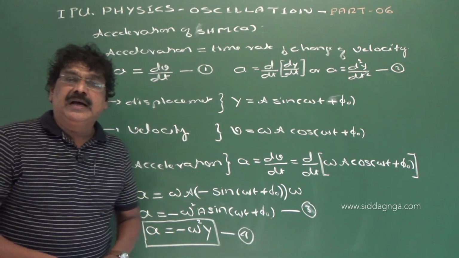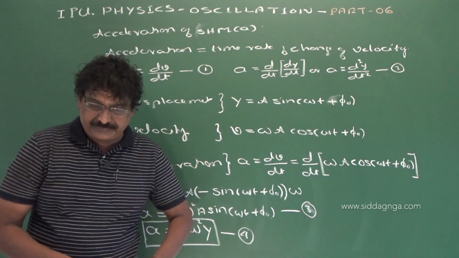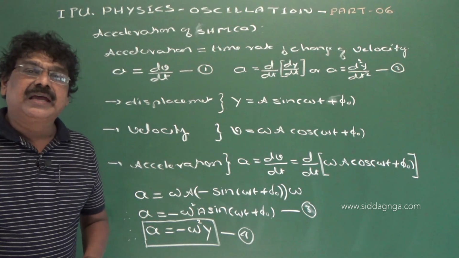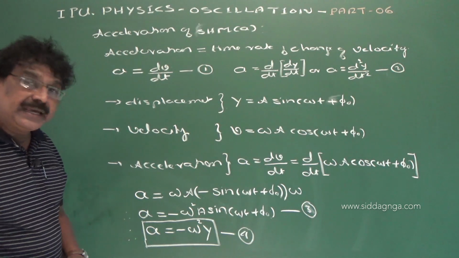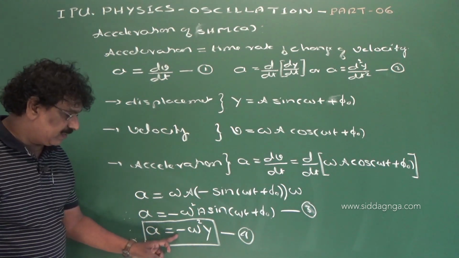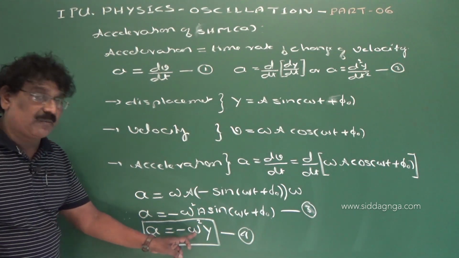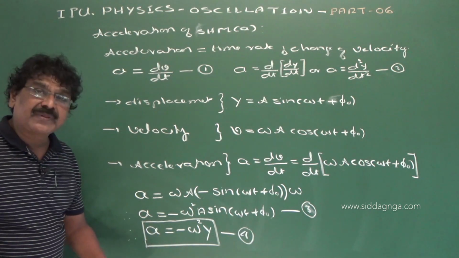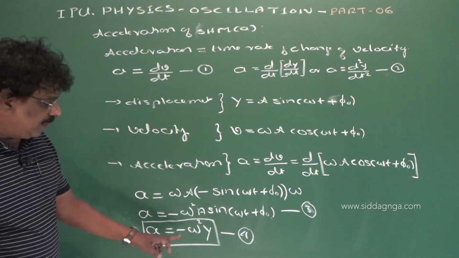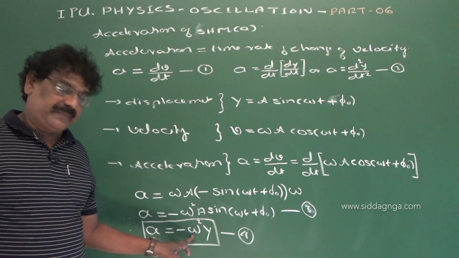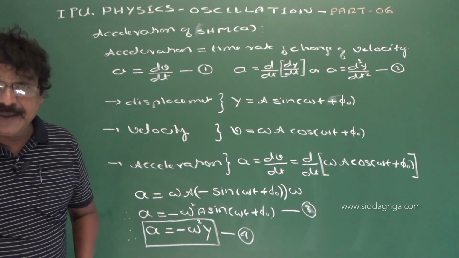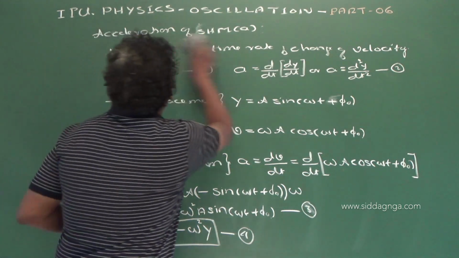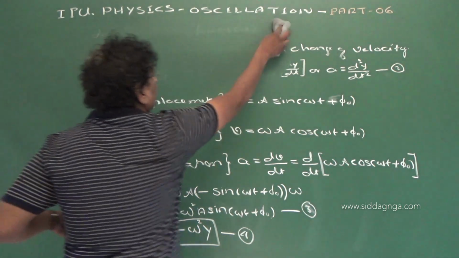So, the acceleration of a particle executing simple harmonic motion is given by A is equal to minus omega square y, where omega is a constant. Now y is displacement. Therefore, here this acceleration A